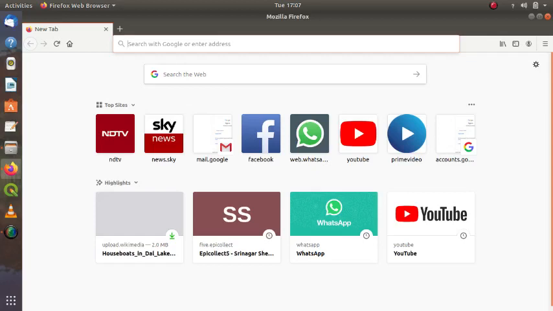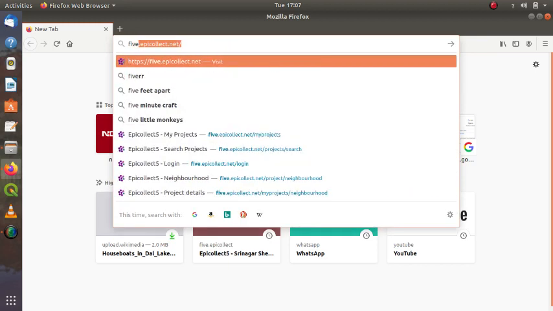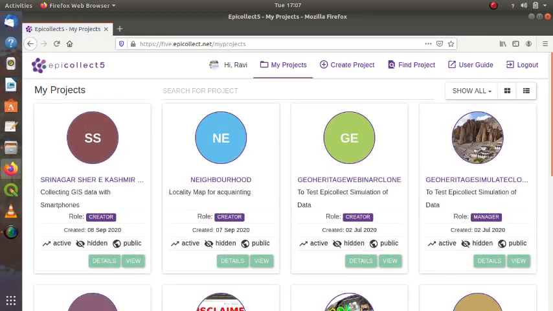Now we have to get data into the simulated points. A form was created and 3 dummy data entries are also created. Now using EpiCollect, we can actually turn this dummy data into useful data. So this is our form.